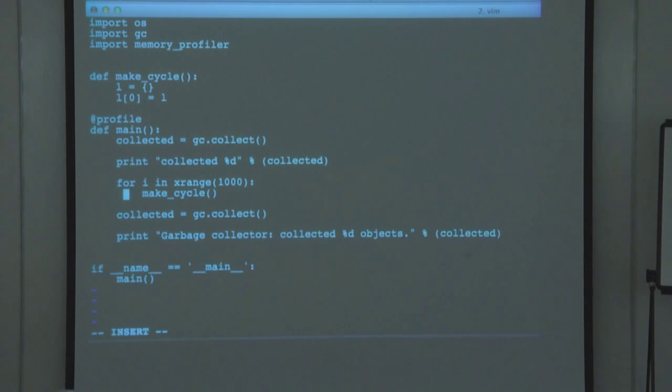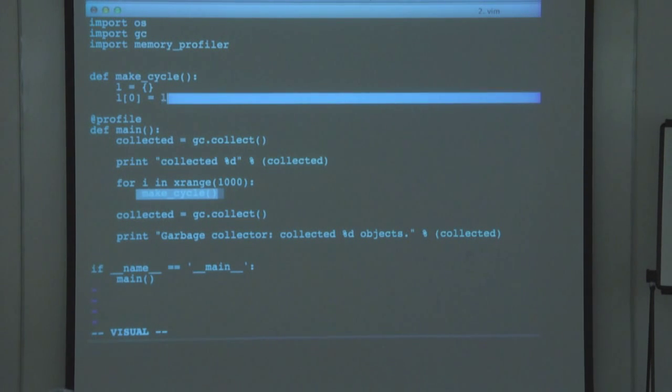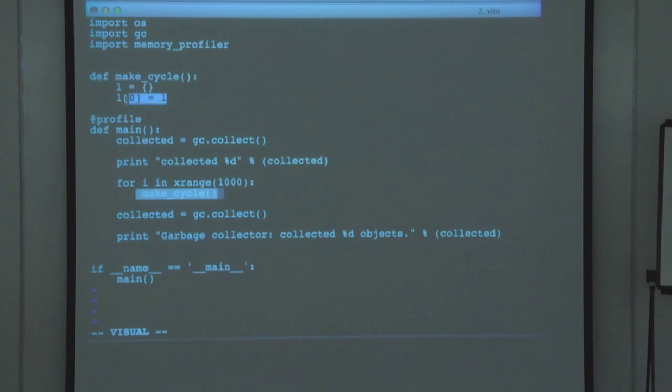If you see this function here, memory cycle, it is just creating an object and referencing itself. So the reference counter for this particular object will never be 0. It will be stuck and never be cleaned up, even if it's not being used. Suppose this is a remote function, we are done with it and don't need it, but still the memory is there. So to illustrate that, we